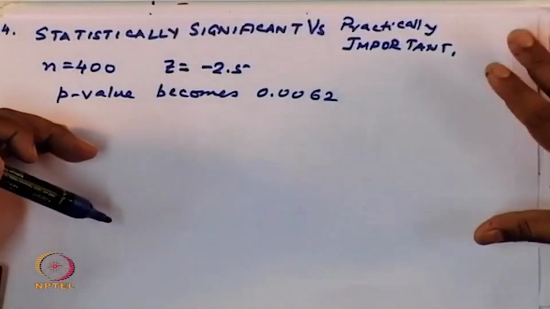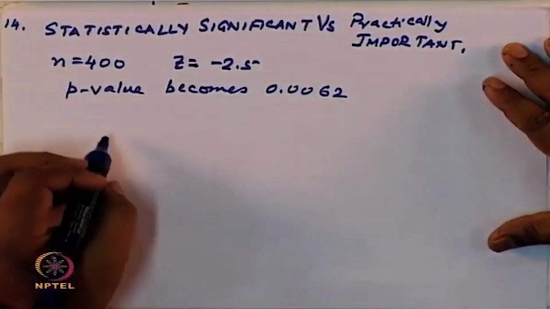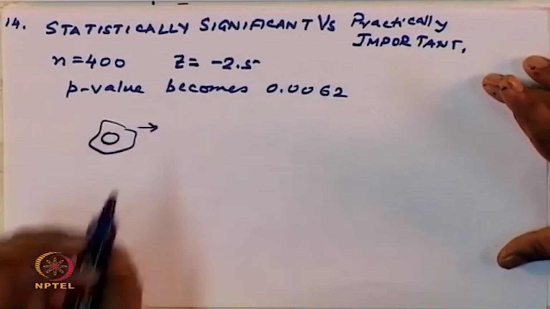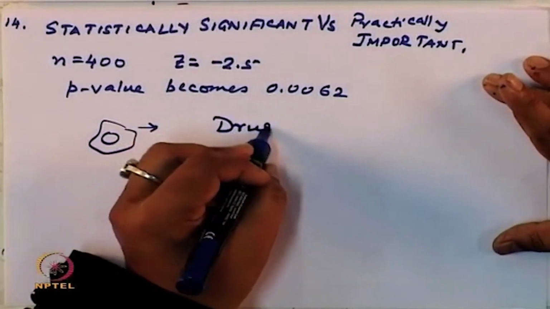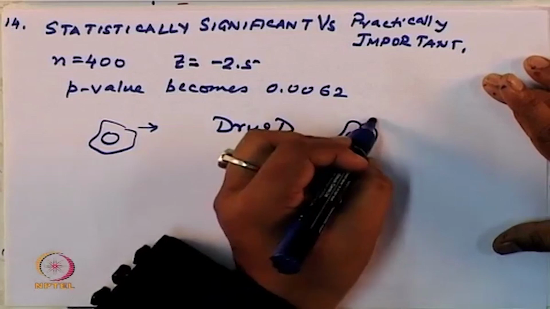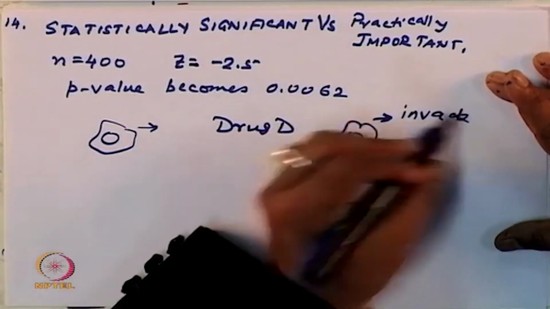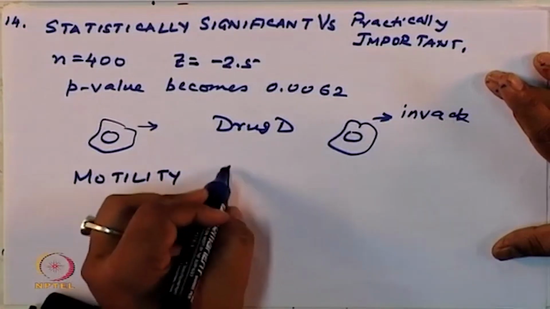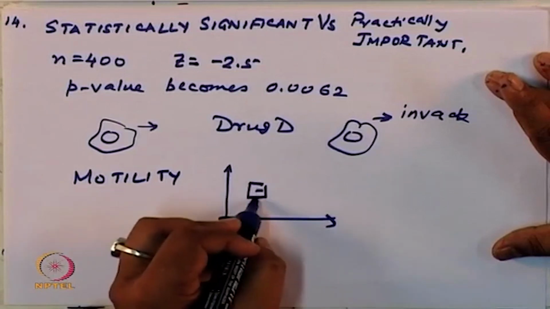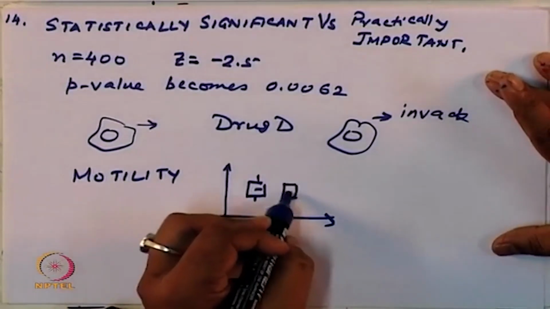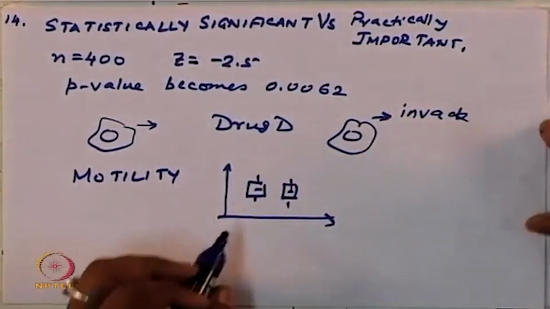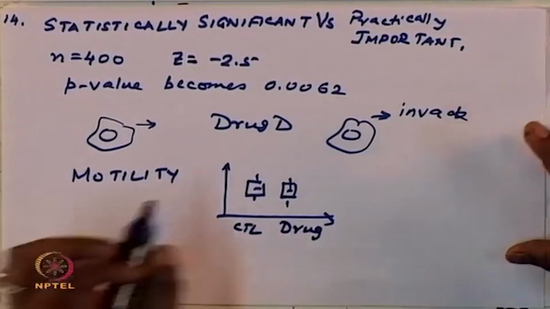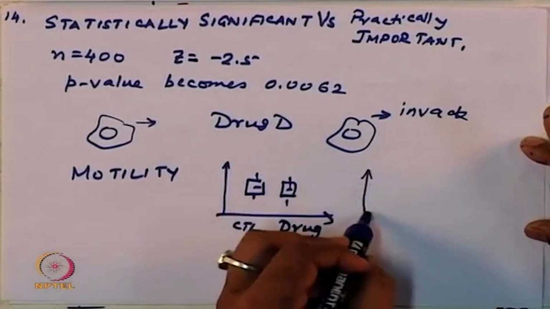For this, you need to see your specific case. For example, I have a cancer cell which is invasive, and I have drug D, okay, which targets its ability to invade. Okay. So, if you measure its motility, imagine you have a plot like this. As you can clearly see from this plot, there is very little difference between the control group and your drug group. But sometimes, let us say, if I were to draw a different case,